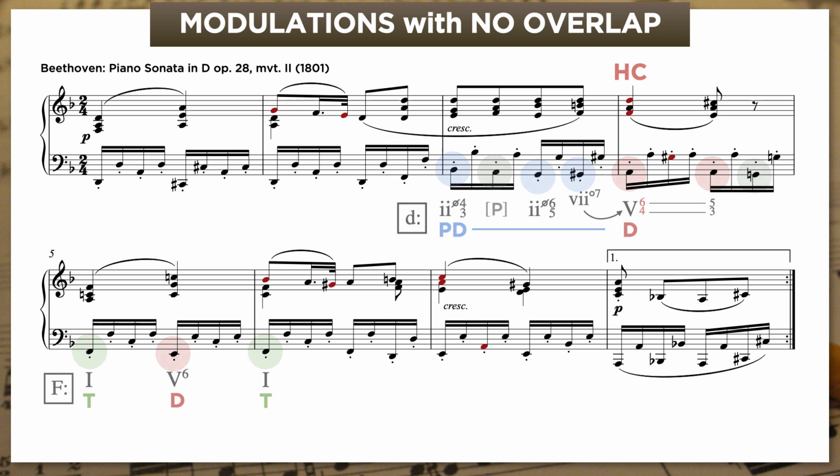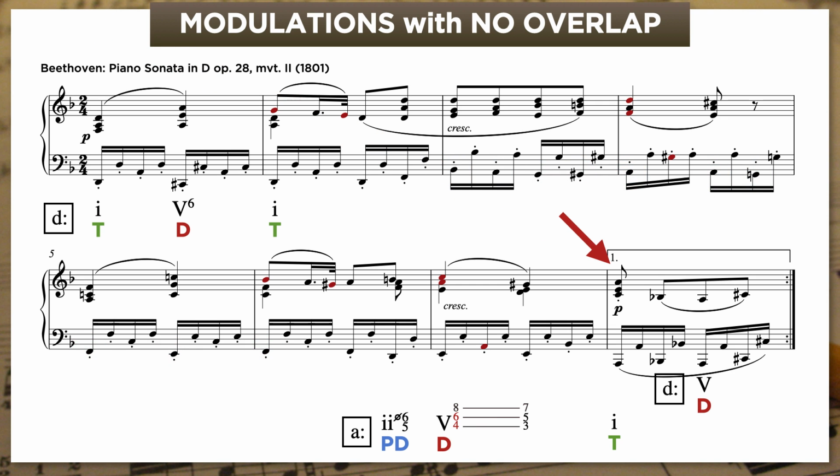The theme's very last modulation is also pretty abrupt in this way. Beethoven's PAC gives us only a half beat of the new tonic before this three-note turnaround figure points us immediately back toward D minor. Let's listen again.